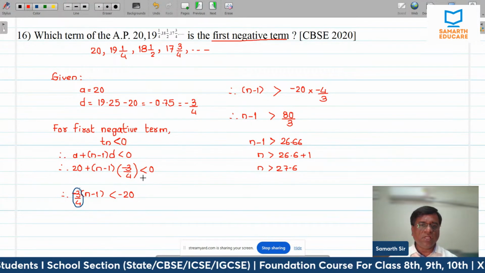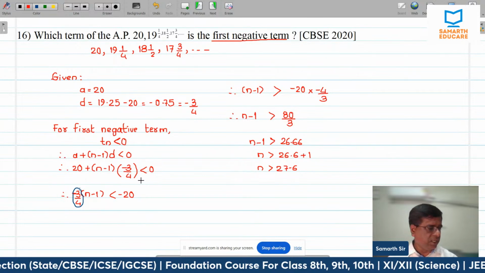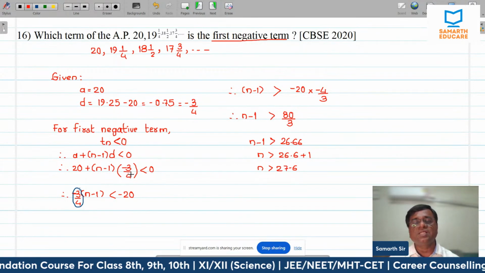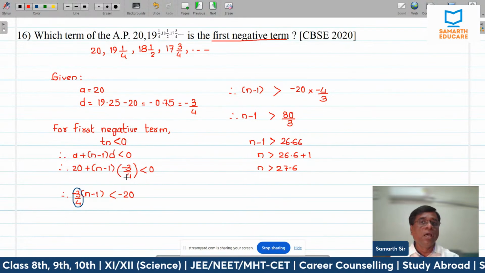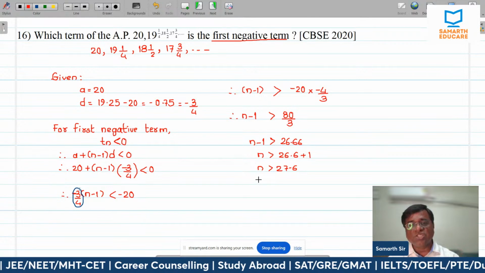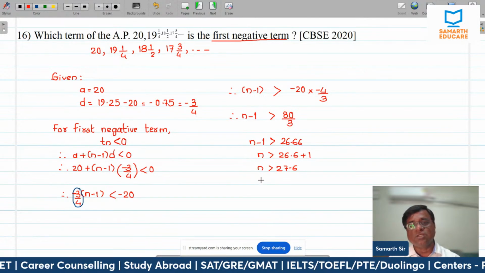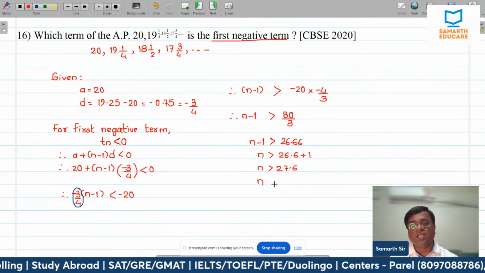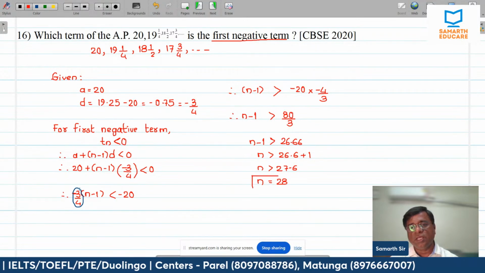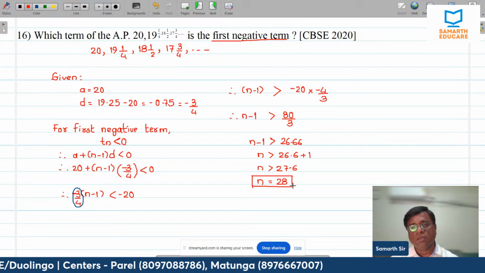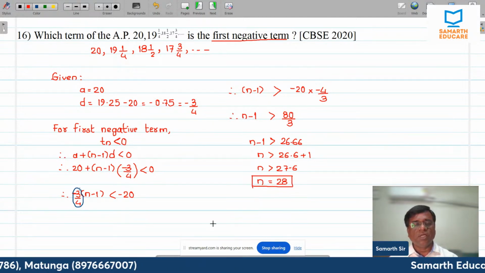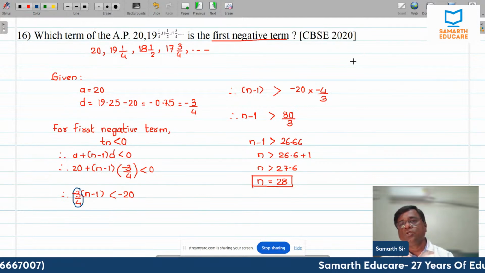We started with the first negative term, which is less than 0. So for this condition, the value of n will be greater than 27.6, and for greater than 27.6, the first natural number, because n is always a natural number, which is greater than 27.6 is 28. Right? If you are not sure, we have to do rough work and check our calculation. So let's say, for example,